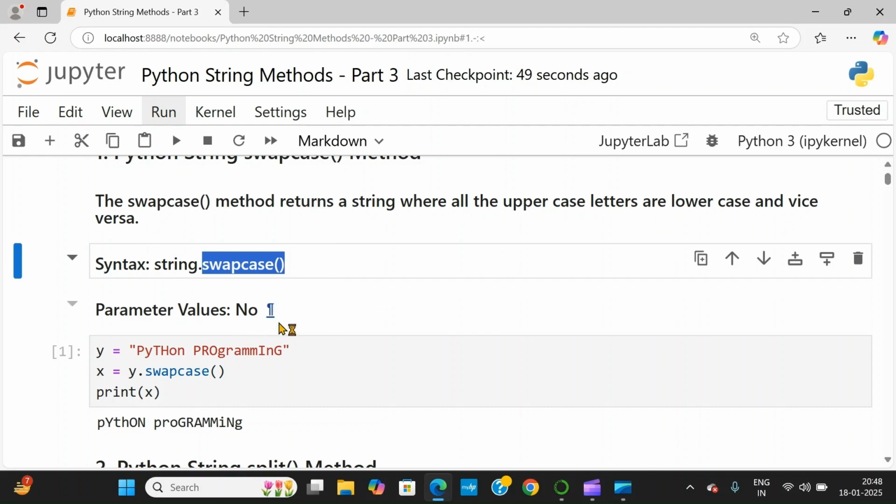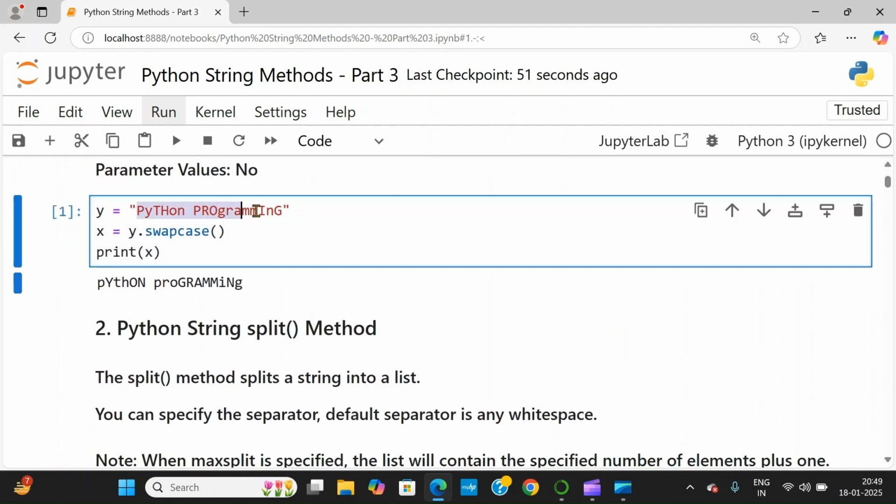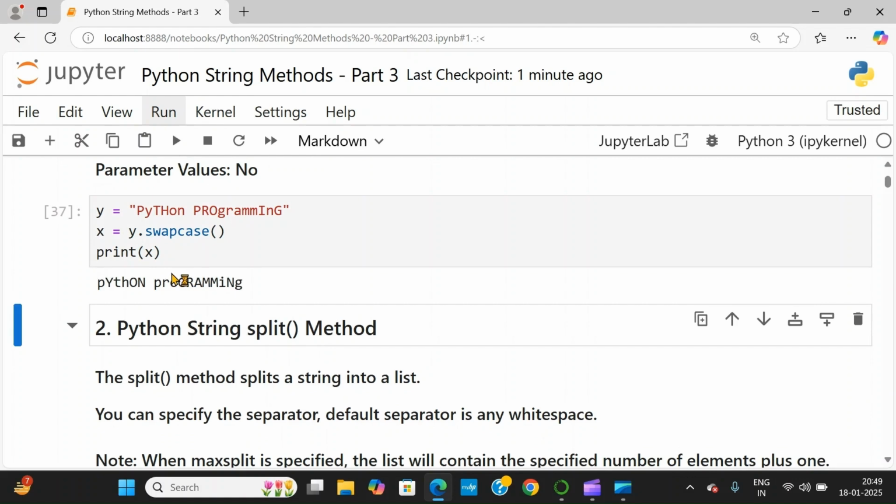For example, I have written Python programming, and you can see there are a few small cases and a few capital cases. Now I'm storing that in a variable called y. Then y dot, I'm calling a method called swapcase. That output I'm storing in x. Then print that. So I'll run this. So you can see